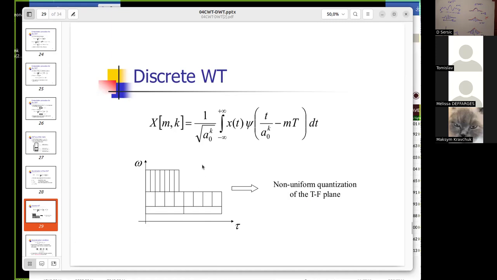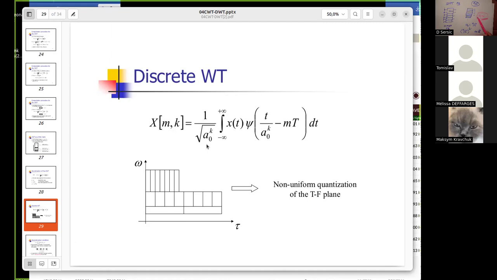This illustration corresponds to the choice where a0 equals 2. So it would not be good enough for the analysis of music, but it is good enough for many applications. And many people think that this is the only way to discretize the continuous wavelet transform, because